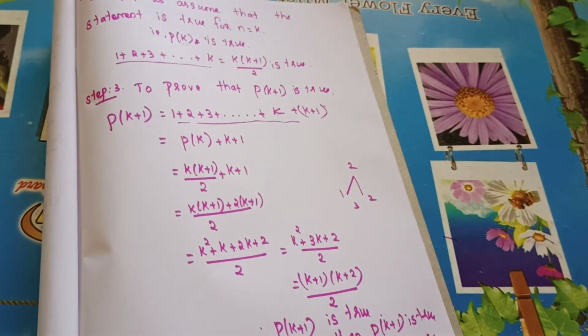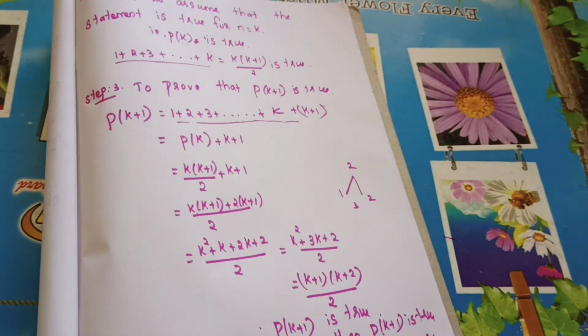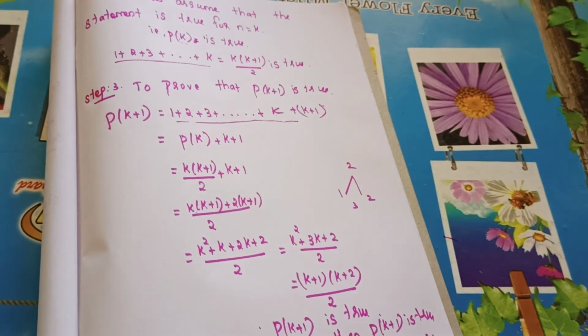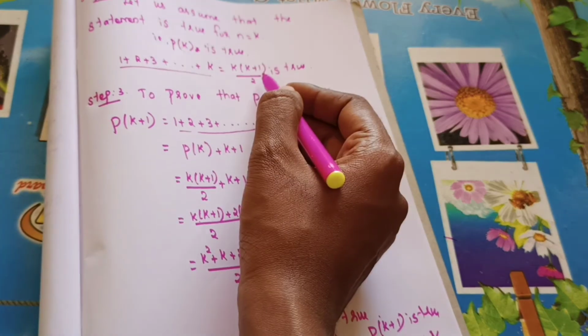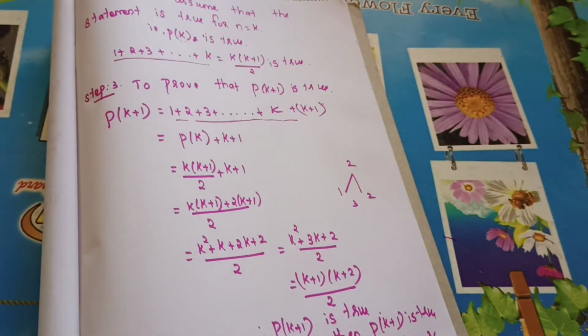So my first problem, when you are doing it, you will feel it is more difficult. Afterwards it will be very easy. First step, you need to define P of n. Second, step 1, we need to assume for 1, LHS is equal to RHS. Next, we need to assume for k, so for k we get P of k is true. So this is the value for P of k. Next you need to substitute P of k plus 1.